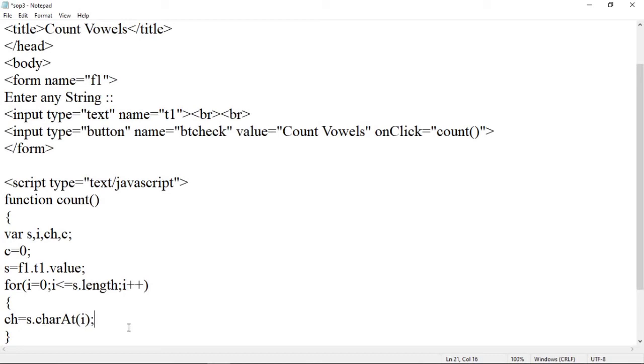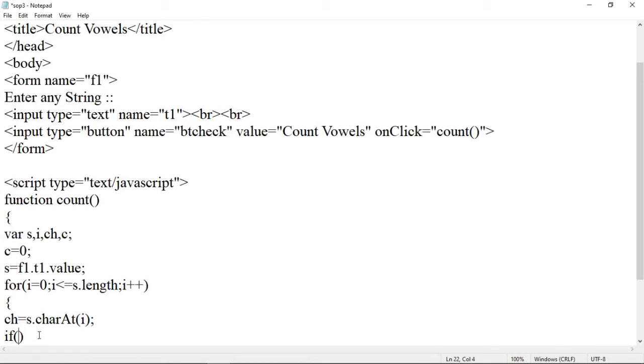Okay, now we have to check whether that character stored in ch variable is a vowel or not. So vowels are nothing but a, e, i, o and u. So these are the different vowels. So we have to check whether this character is a, e, i, o or u. So for that we will use an if structure.